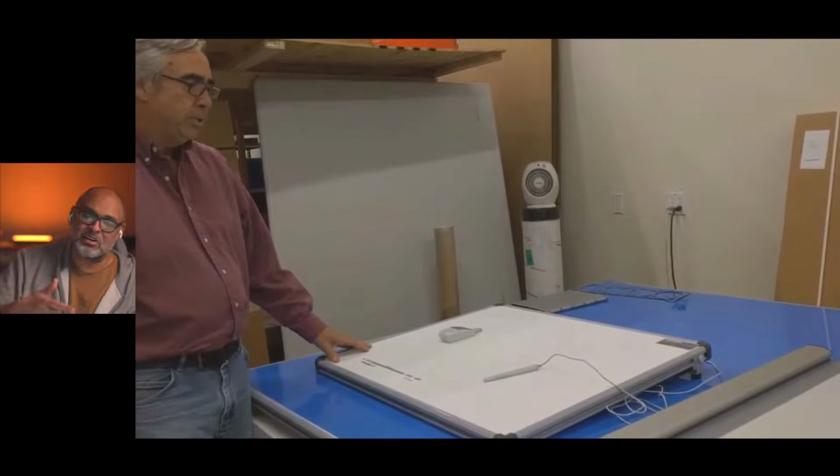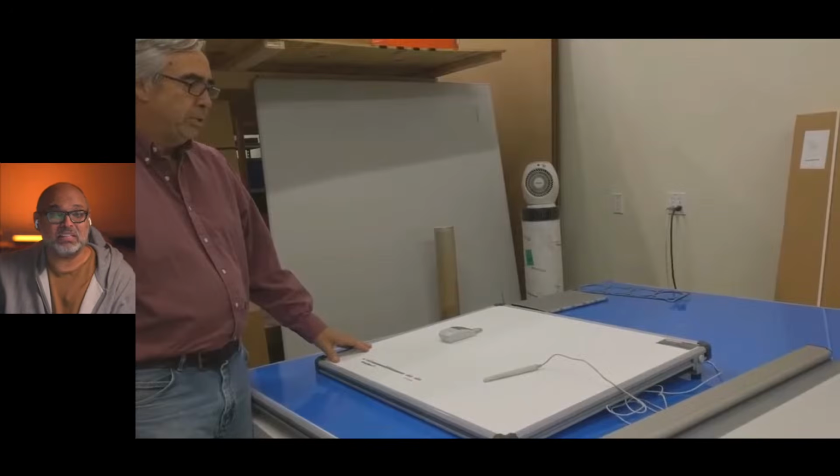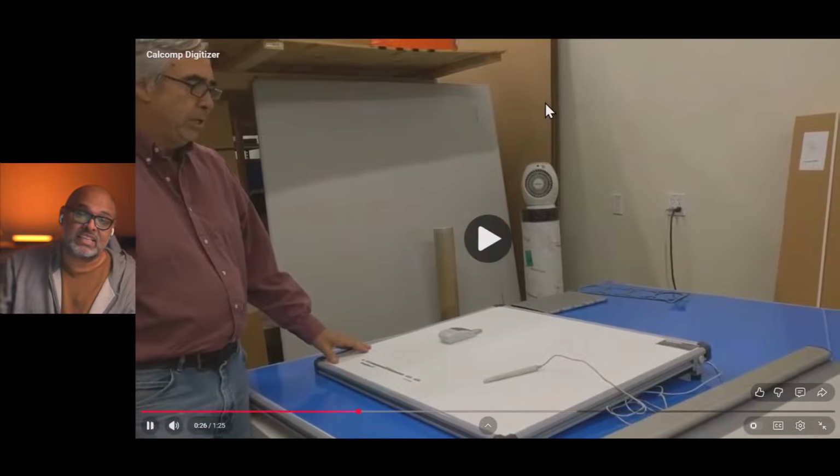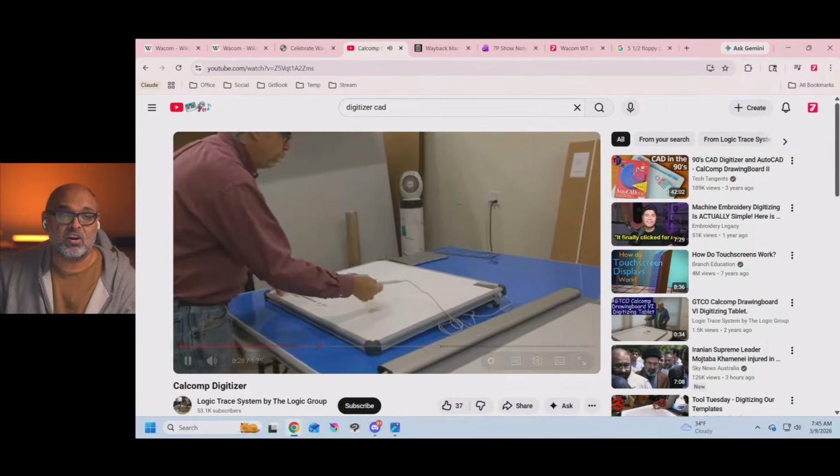Right? So it's, I don't know, I'm just guessing the dimensions. It looks like it's 4 feet up and down by like 6 or 7 feet across. That's a big digitizer. We just don't have that in the drawing world, okay? And again, you see what these apps are really meant for. Not for drawing, but for getting these points, okay? Sorry to stress that. I just want to make sure that was really clear that Wacom was in this game when they started, not in the art game, okay?